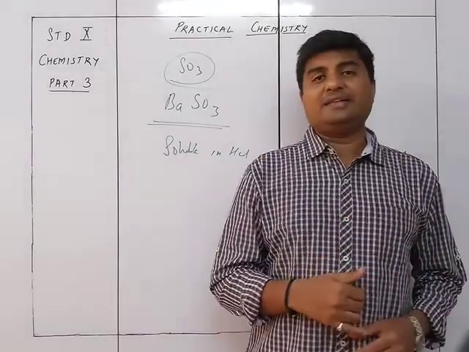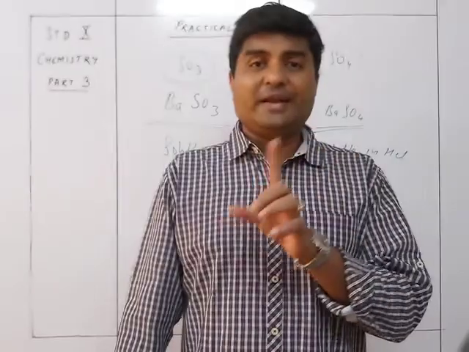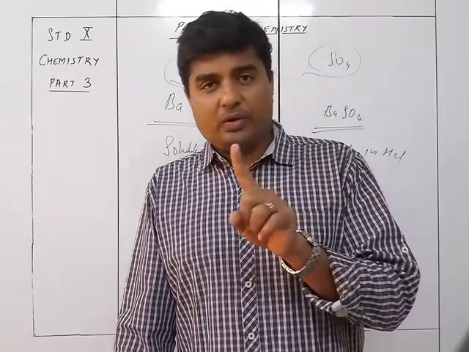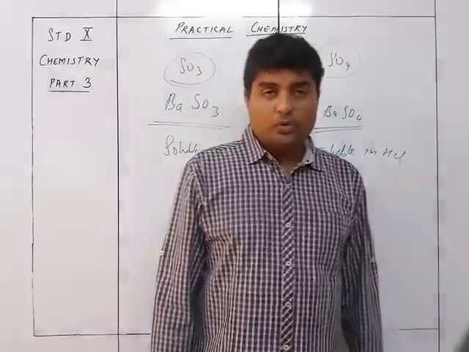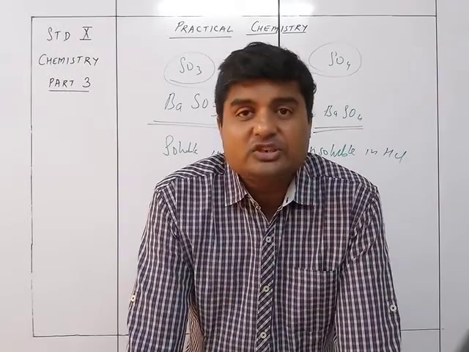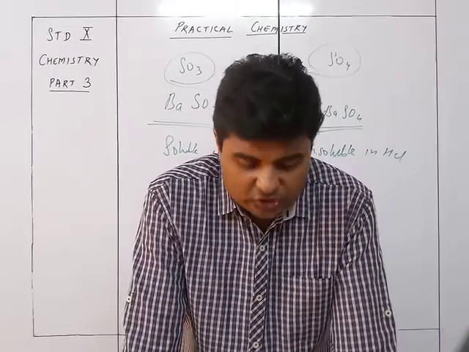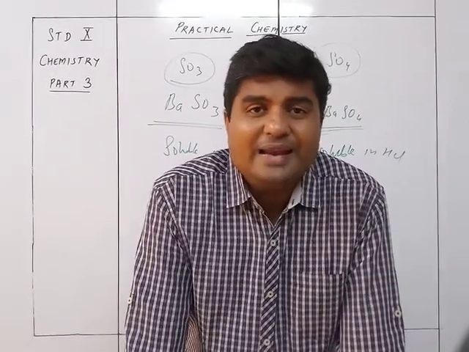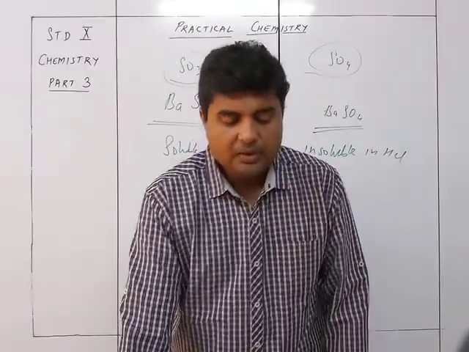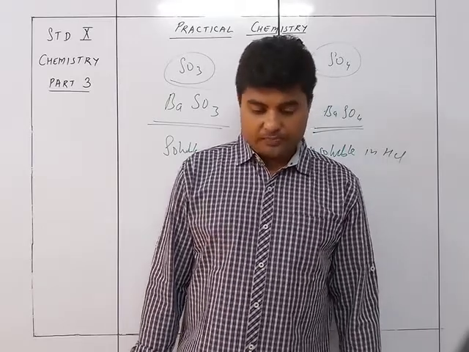We have learned in the HCl chapter that manganese dioxide, when it reacts with HCl, gives me chlorine gas. So that particular property we are going to use to distinguish between CuO and MnO2. MnO2, when it reacts with 4HCl, will give you MnCl2 plus 2H2O plus Cl2, whereas CuO plus 2HCl will give you CuCl2 plus H2O. That is why you are not going to get any chlorine gas when reacting the oxide of copper, whereas you get chlorine gas when reacting manganese dioxide with HCl.